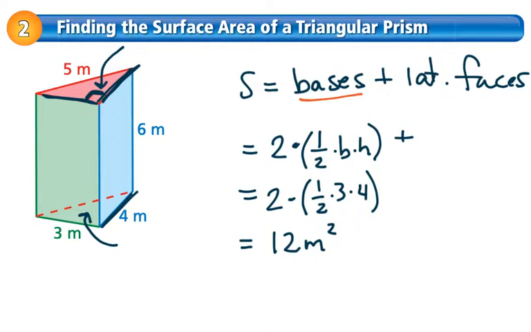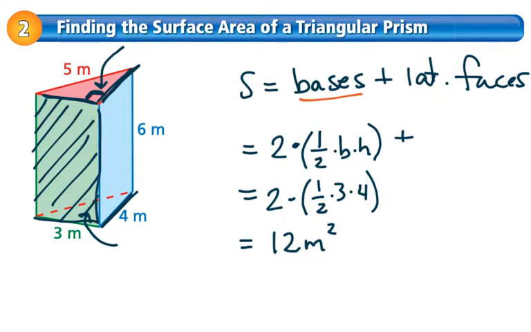And you're more than welcome to calculate the area of those rectangles one at a time. For example, we could simply say, hey, there's a green rectangle here on the front, and it is 3 meters by 6 meters. I could calculate that area pretty quickly. But I'm going to encourage you guys to go ahead and try to find the area of all the lateral